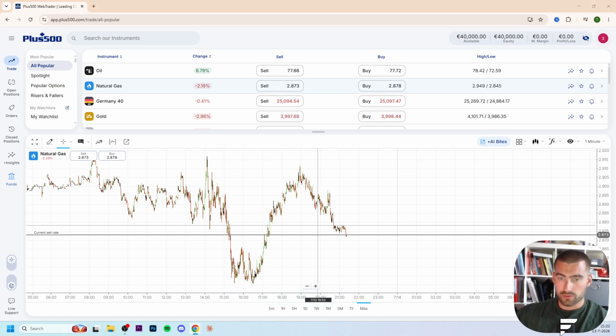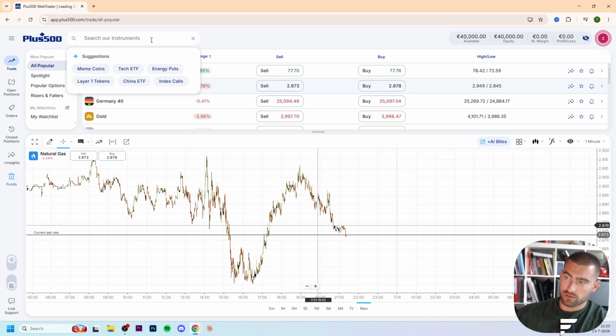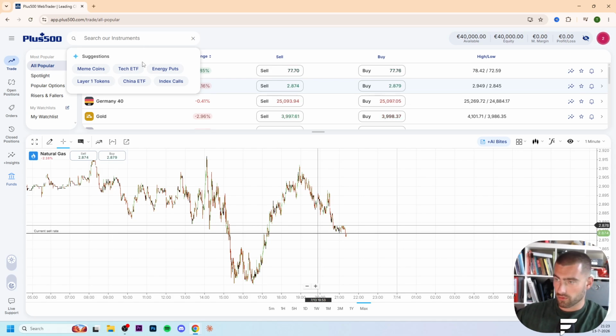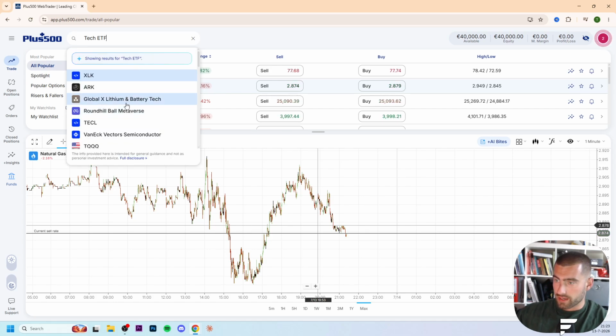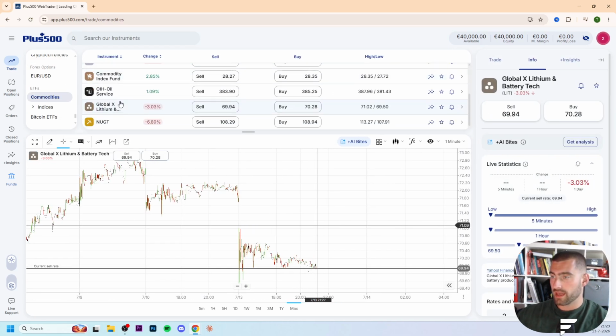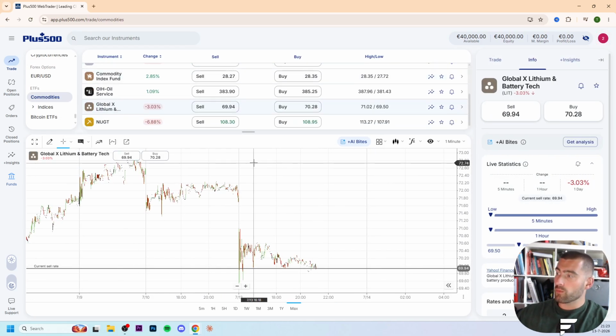So what we're going to do at this page right here, or sorry, demo trade, paper trade is exactly the same. From here what we're going to do is search for something that we want to buy. So let's search, for example, for tech ETF. Then we search right here for the Global X lithium and battery tech, and then we want to create a